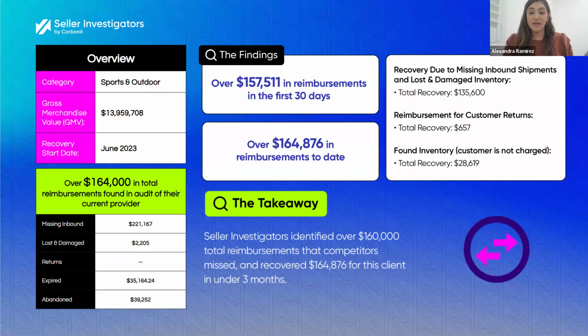Now, these sellers were actually using a competitor service. So this is a lot of money that had already been left on the table. Now, to date, we've done $164,000 after the look back period. A lot of money that was left on the table was expired and abandoned. There was over $70,000 that we found to be expired and abandoned. You can see that down on the left. About $35,000 expired, $39,000 abandoned. Now, those unfortunately we could not go after,